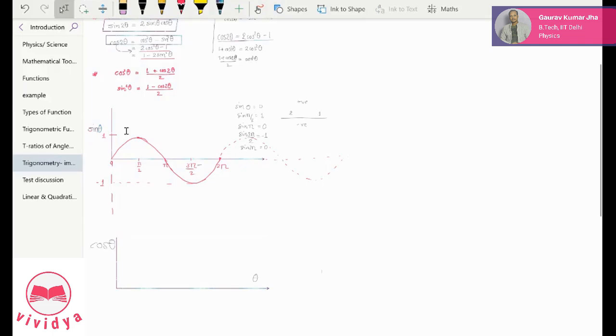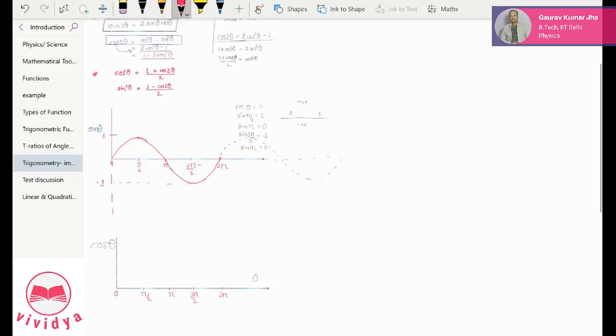Okay, so let's say we have same angles here, 0 degree, and then we have pi by 2 over here. So you can see the comparison together. That's why I'm putting some effort here. So let's say this is 2 pi and so on. So 0, pi by 2, pi is 180 degree, 3 pi by 2 is 270 degree, and 2 pi is 360 degree. And again, it will repeat.